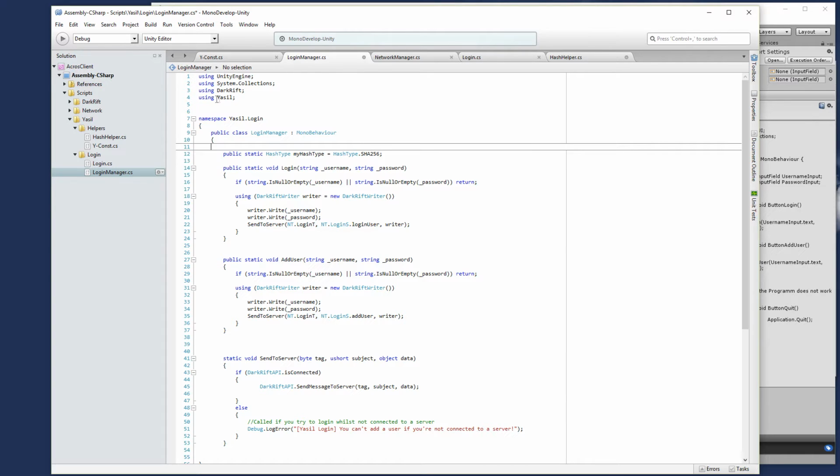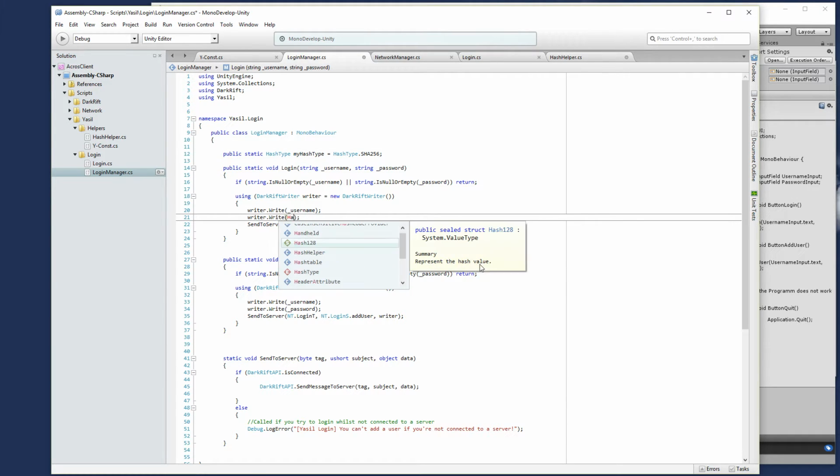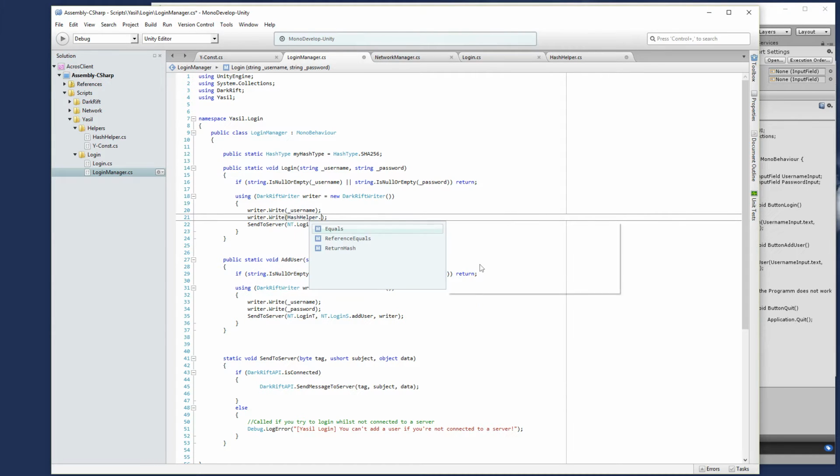Be sure you have using Yazil inside, then you can use that directly. Change that here. It's HashHelper.ReturnHash